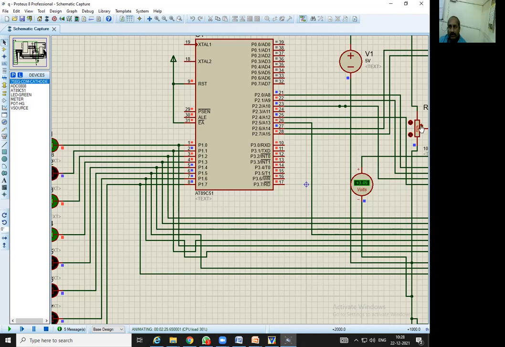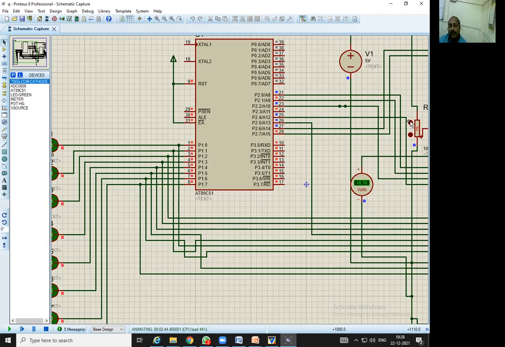When I make it total 0, you will observe all these LEDs will be 0, because I have put 0 here. As I increase this, all are 0 and only this second LED is on, that is 0 0 0 0 0 0 1 0, like this.